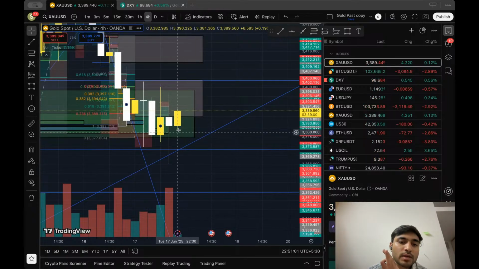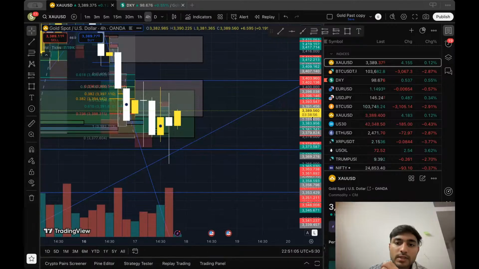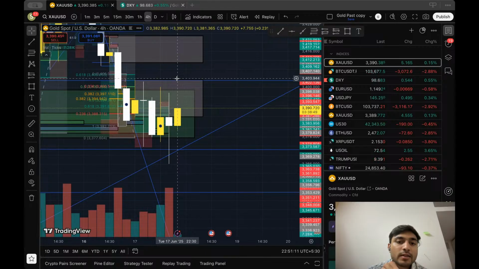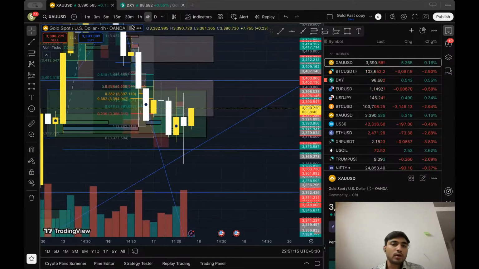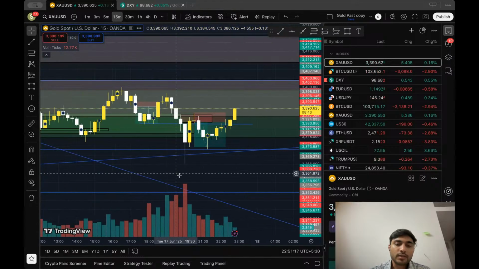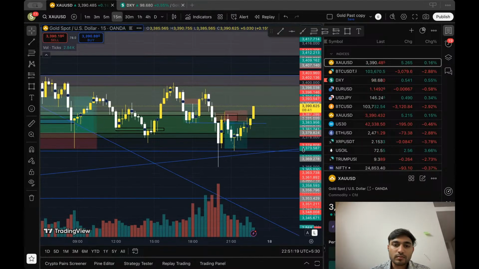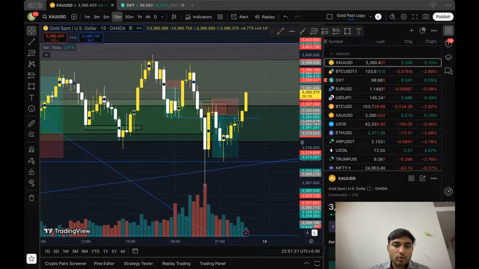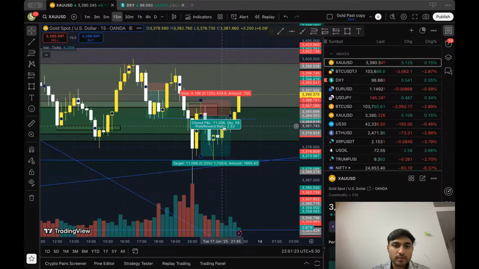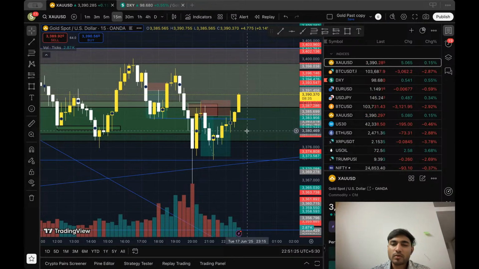You understand what I'm telling you? This candle we're currently in, which has 3 hours 38 minutes left, could close above this, and that would be following price action. You're getting my point, right? So let's see if we have some trades. Oh boy, we just missed it. Oh, we just missed it.